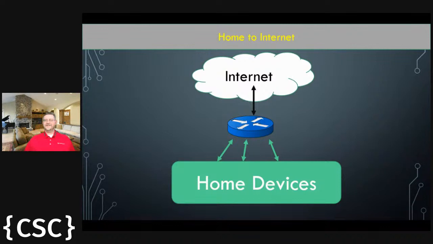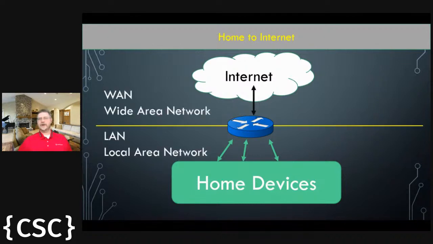So with these devices, they have to connect to a router, and the router has multiple functions. One is being a switch, and the other is being a router that routes that network traffic out to the internet itself. We're going to look at that router and specifically how it has two different sides: the wide area network, called the WAN, and the other side, called the LAN, the local area network.